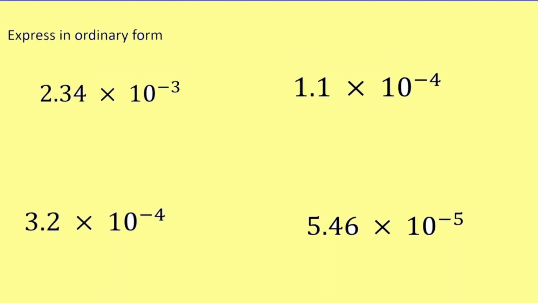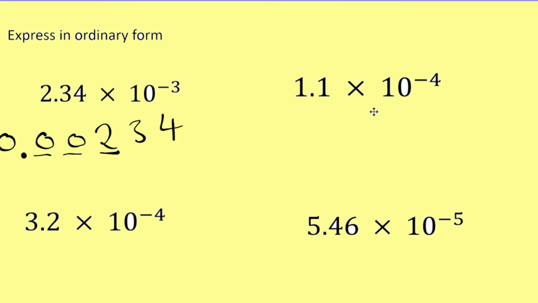Let's have a look at some small numbers. So in ordinary form again, I would write 2, 3, 4. And because I'm moving to a negative power of 10, I'm going to move from my point here, I'm going to move 3 to the left. 1, 2, 3. So my point goes to there, and I fill in this and this with zeros. But if we've got point something, we have to put something before that. We need to put 0. So you need to put 0 point, and then the zeros we put after that,